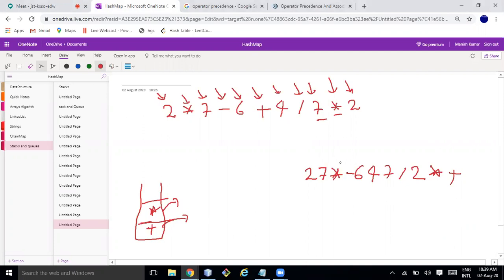We printed 6 and we encountered plus. My minus and plus have the same precedence, but left to right associativity, so minus will get popped out. That's why it will get popped out. Usually we keep on adding until we find the smaller one, correct? Yes.